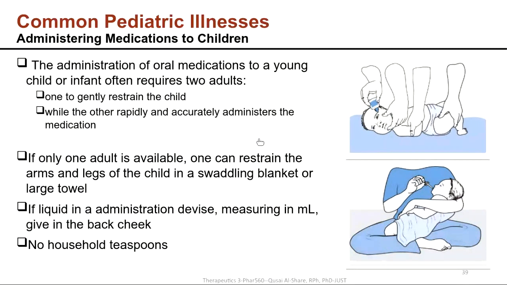But if there's only one adult available to administer a drug, for example, you want to give a dropper in the mouth, an oral solution or oral medication, then what they can do is try to restrain the arms and legs of the child in a swaddling blanket, for example, using a blanket as you see in the picture here. So you use this blanket to restrain the legs and the hands of the baby. This way you will have better control over him, especially if using liquid formulations in the mouth or something